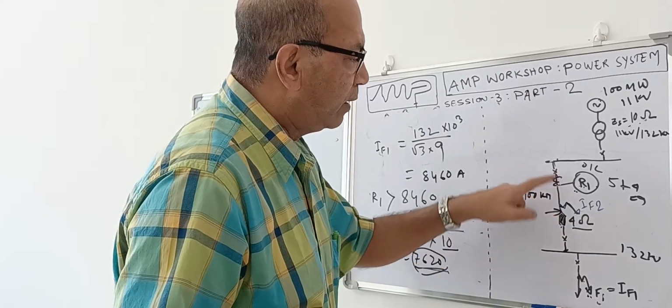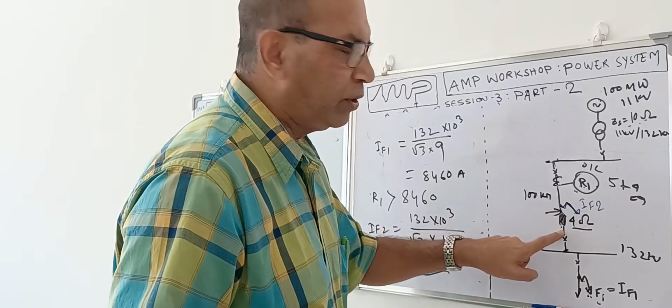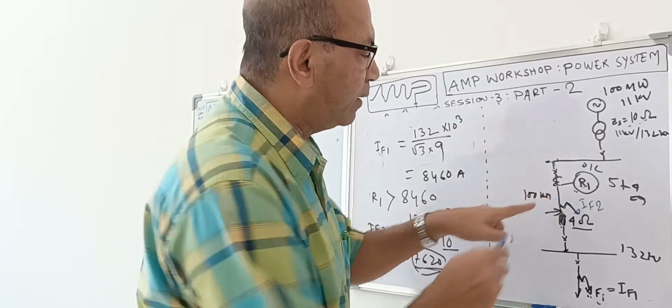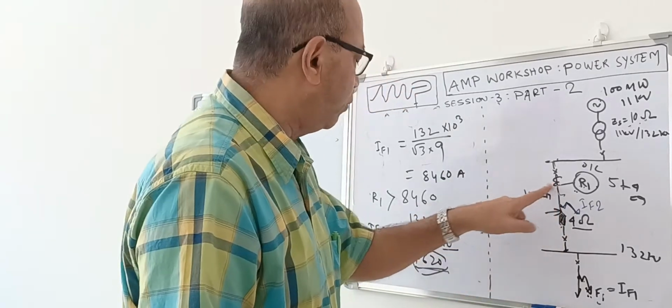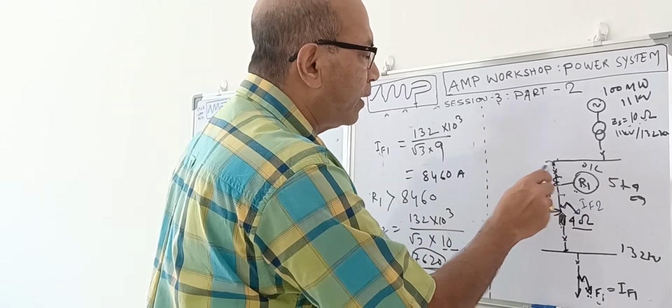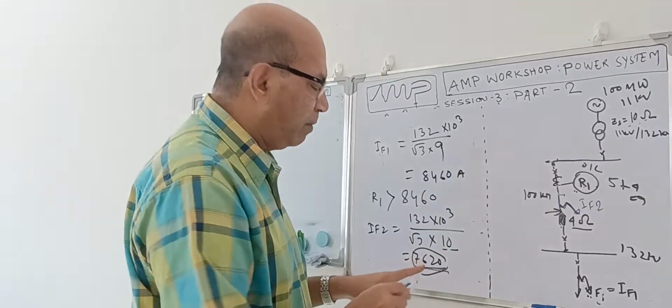But depending on the position, suppose it is a 75% position fault, then 3 ohm will be included over here, so it becomes 13. If it is a 25% location fault, then 1 ohm will be included, and it will be 11 ohm. But I have considered 0 ohm. I have considered the fault is over here. So I want to find out the minimum fault current.